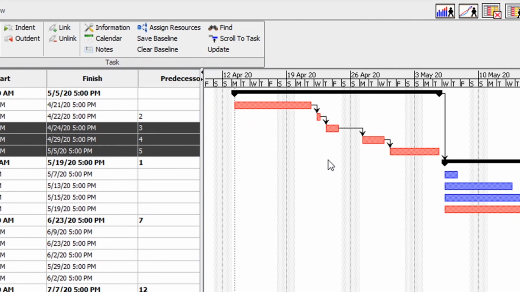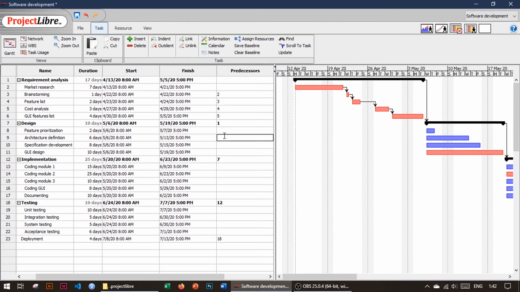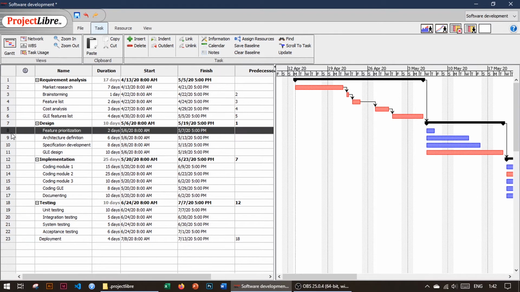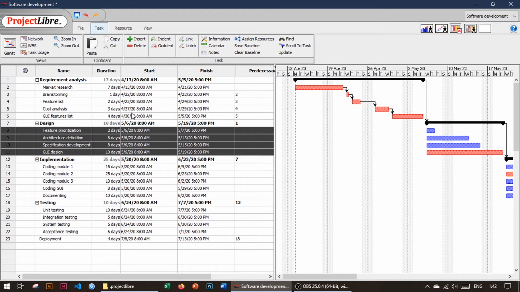Here on the Gantt chart, you can see that some days are skipped. These are Saturdays and Sundays. Usually they are days off in many countries, so we can use this default calendar. Actually, we can define our own days off and different holidays and so on. We will see it later. So let's define our tasks. These tasks can be done also in sequence, so we select all of them and create a link,